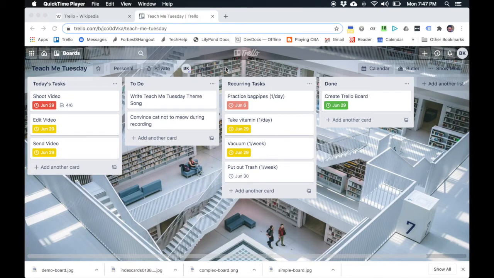I've created a list called Reoccurring Tasks. Each card on the list has a due date, and I've included in the name of each card an indication of the frequency. Once a day, once a week, sometimes I'll use once a month, or twice a month, or 3 times a year. That is simply for my own purpose to keep track of what the next due date should be. I can look at my list and see what is overdue, and when I complete a task,